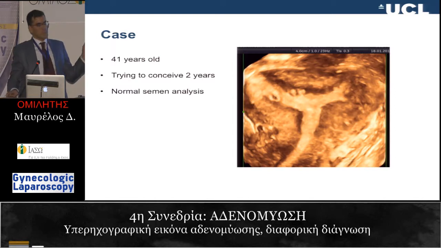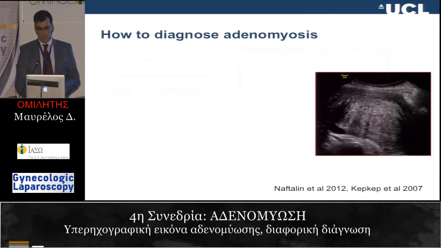This is the coronal plane of her uterus, and you can clearly see that there is a myometrial cyst just here. Excellent. So here's a myometrial cyst, and you can see that the myometrial-endometrial junction is disrupted, and there's this blebbing, this growth of the endometrium into the myometrium, and this is a case of adenomyosis. So this is my topic: how to diagnose adenomyosis.